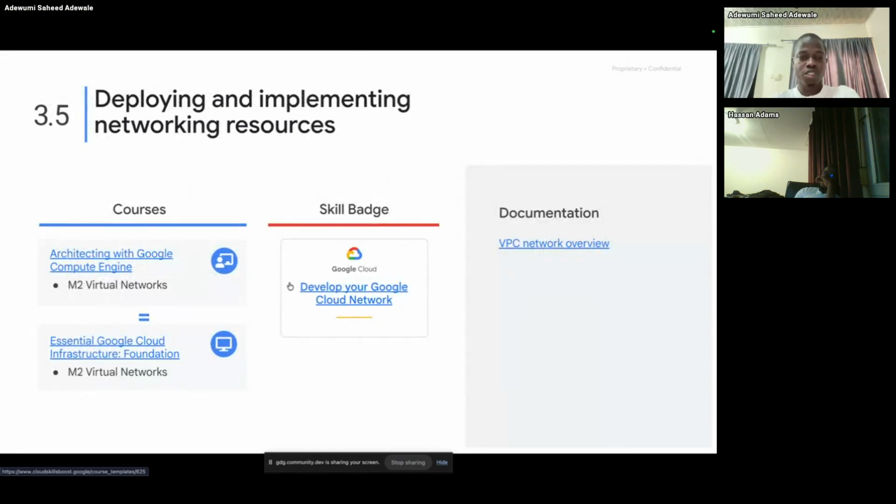And we have the documentation for it, which is virtual machine. We have the foundation, and we have the engine. We have Develop your Google Cloud Network, which is a skill badge, and you can read more